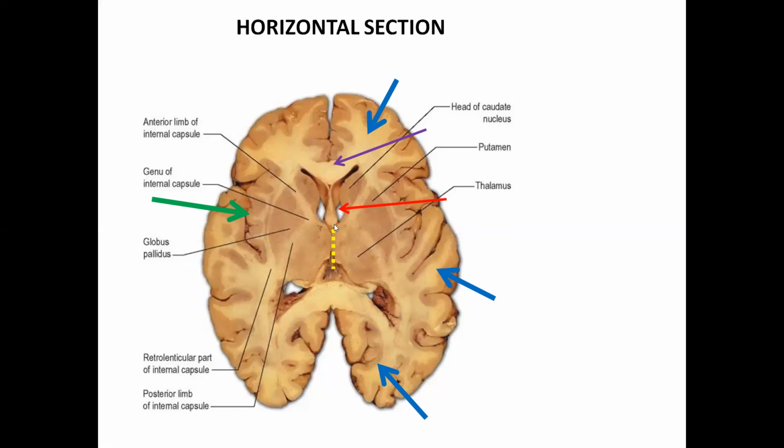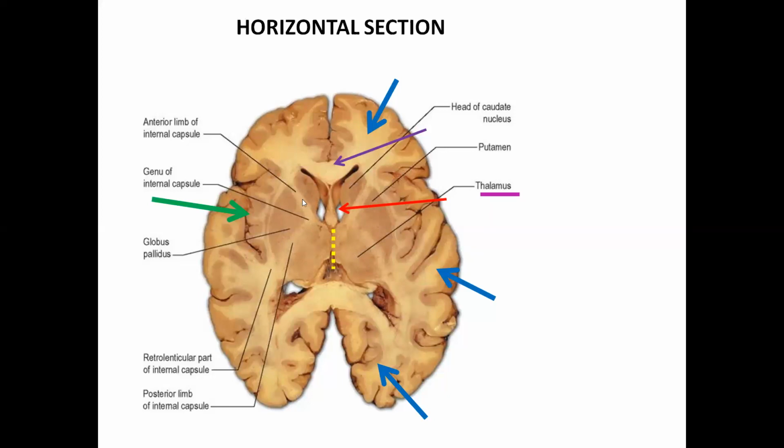This yellow dotted line that you see here in the midline, what could that be? That's the region of third ventricle between the two thalami. So on either side of the dotted line, that mass of gray matter that you see here, that is the thalamus. Apart from that, this is our insular cortex. Can you make out this gray matter here? That's the lentiform nucleus. It has an outer putamen, inner pale globus pallidus. This is our thalamus. This one forming the floor of the lateral ventricle, that's a caudate nucleus.